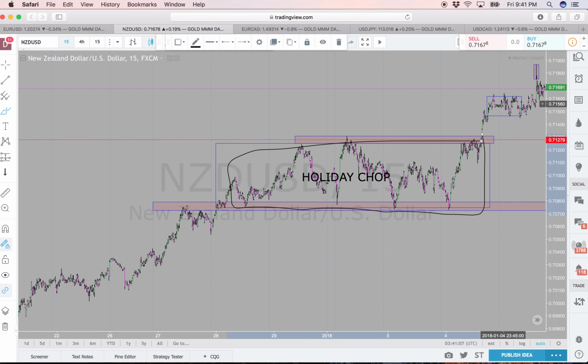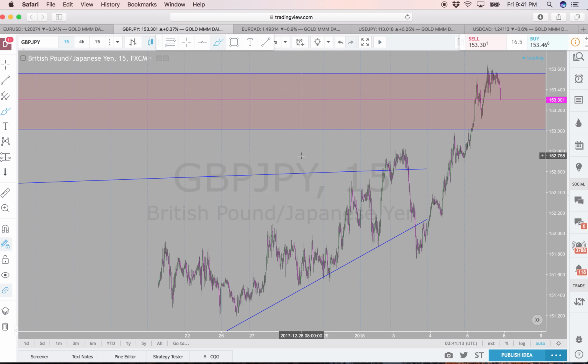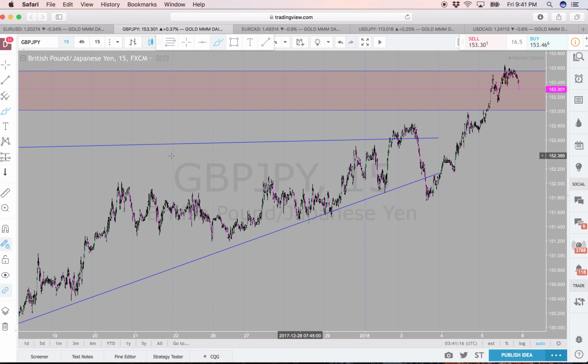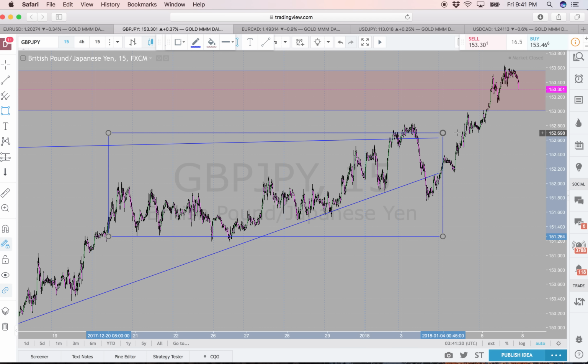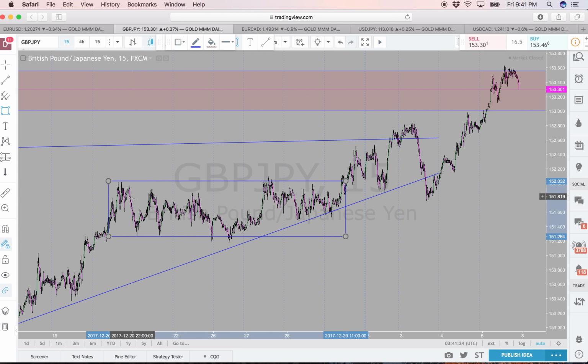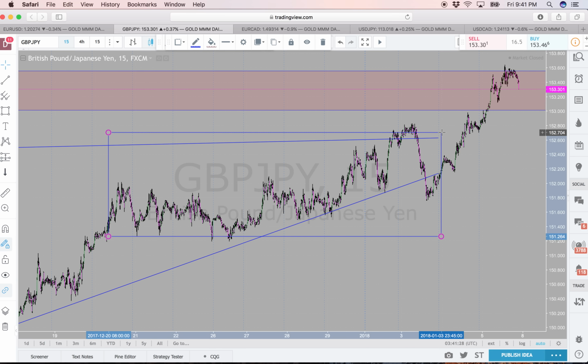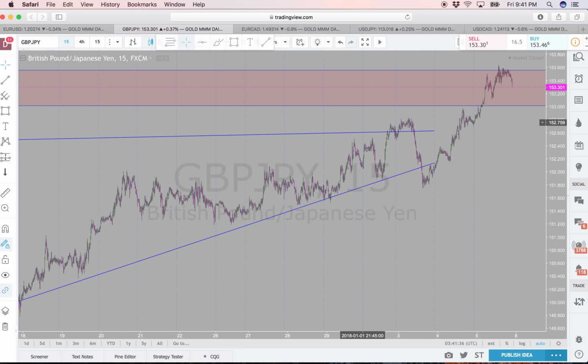We can see on GBP JPY there was an even longer extended chop period, for a few weeks, a very long time. Here was the Christmas chop, and then New Year's it kind of broke out, but stayed in that area, and now finally we can see it's moving out of that area. But we can also see